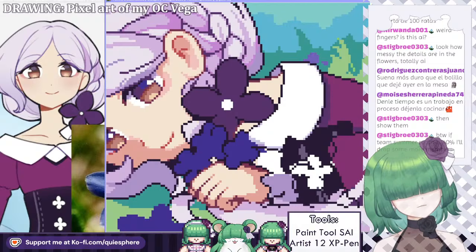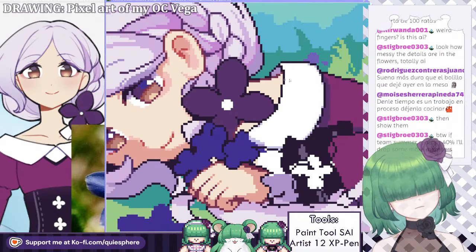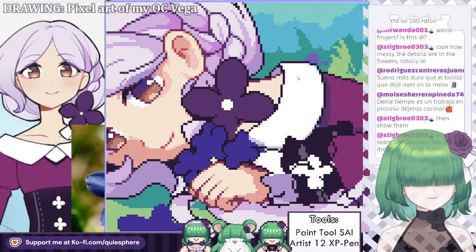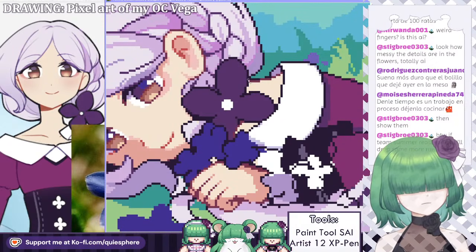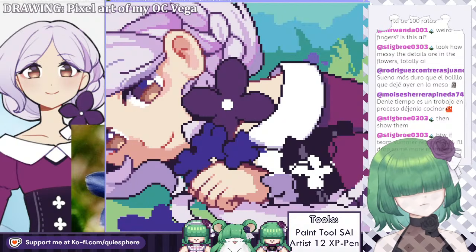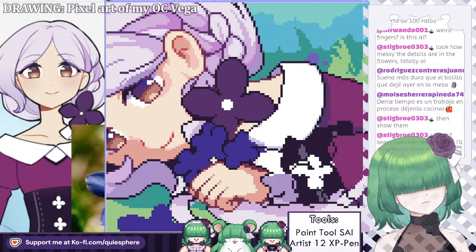Does this make any sense for the neck? I guess kinda. Just need to modify the clothes a little bit.